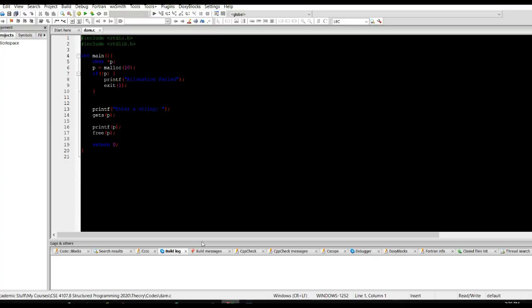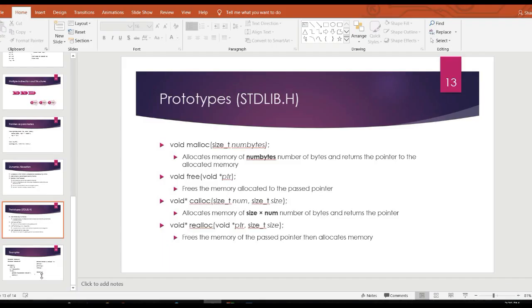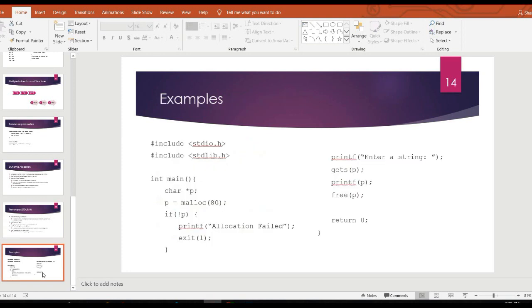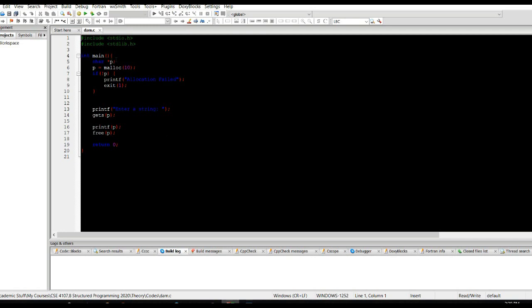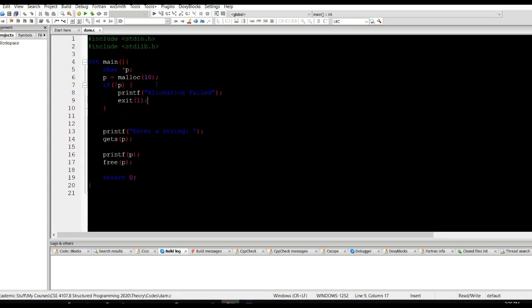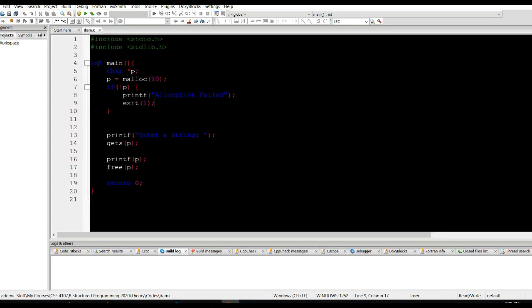So this is a code which is already there in the slide, on the very last page of the slide. As you can see in this example, I've already written that in this code. At first I have written a preprocessor directive for two header files, stdio and stdlib. Okay, make the screen larger. So this is the main function, and at the very beginning I have declared a character pointer p,